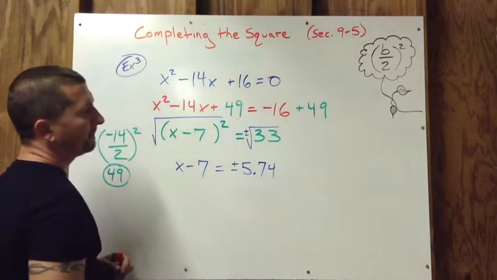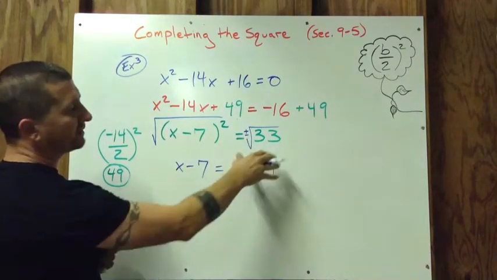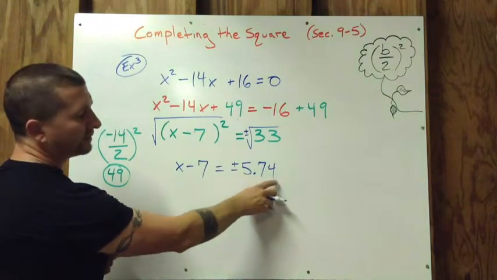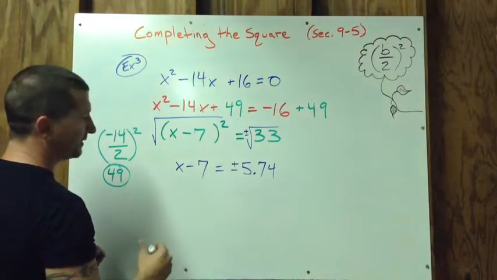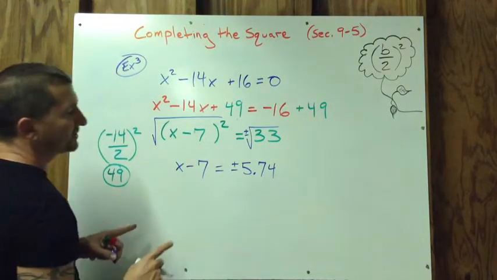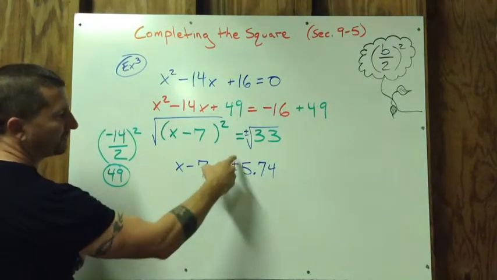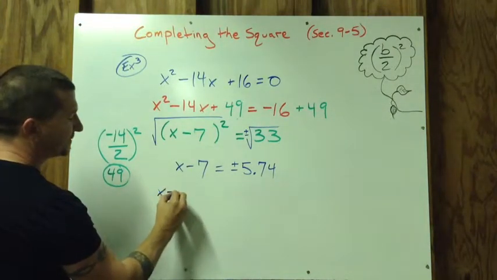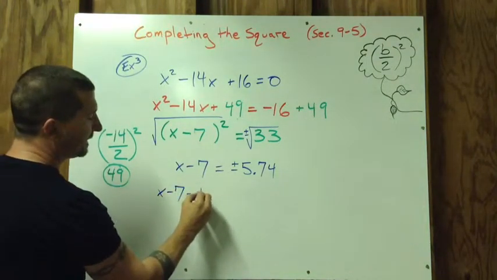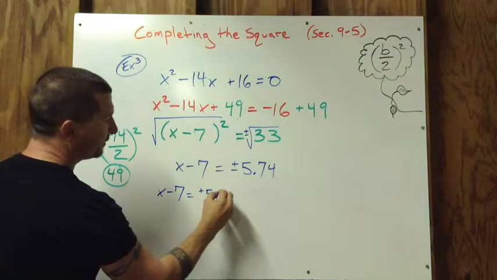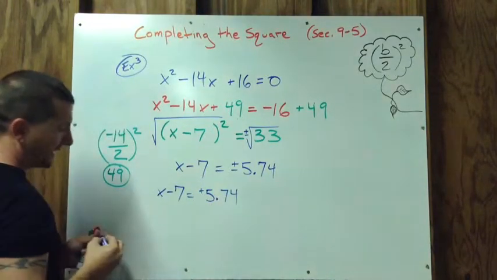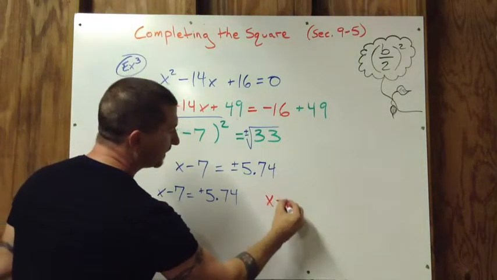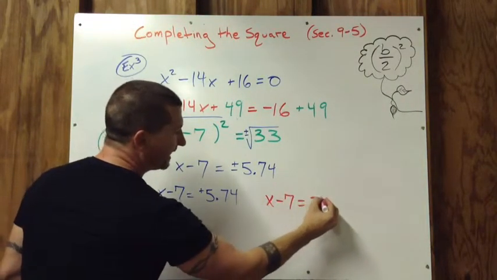So we're going to say plus or minus 5.74. Now, when you're doing these problems on your own, just go ahead and find the square root on your calculator and round it to the nearest tenth, or you can round it to the nearest hundredth. I don't mind either way. But now we need to solve this. So we have, remember, we have plus or minus, which means we have two equations we need to deal with. We have x minus 7 equals positive 5.74, and we have x minus 7 equals negative